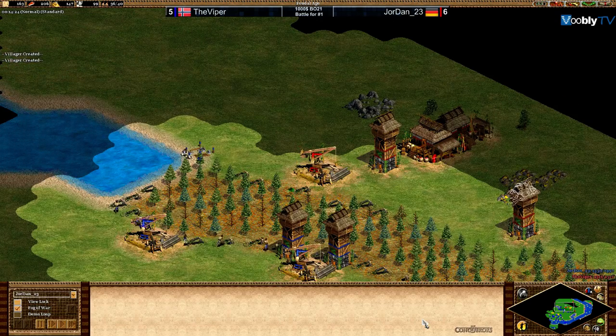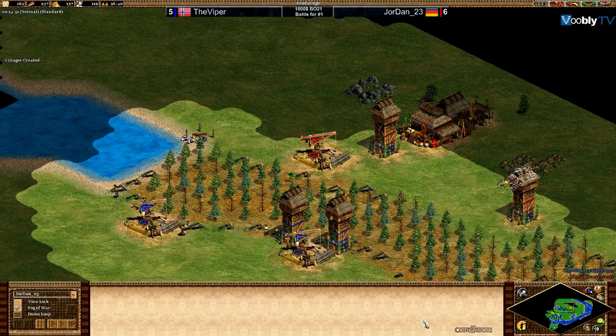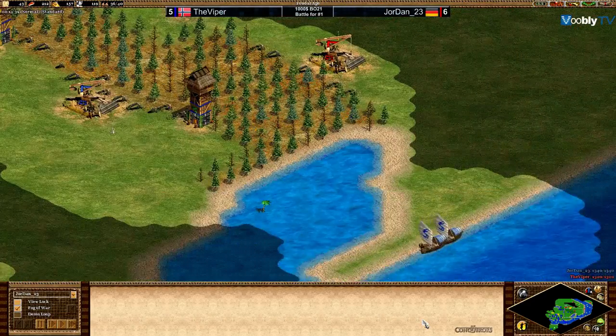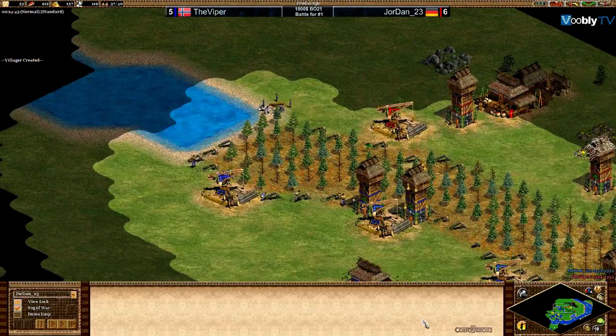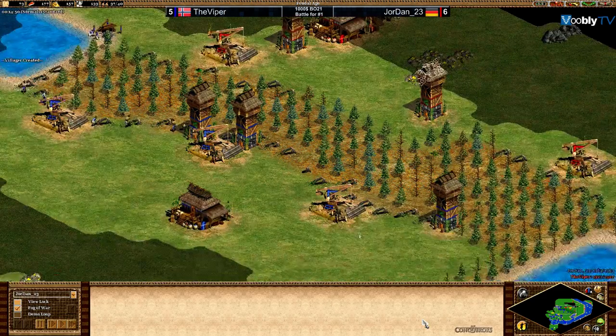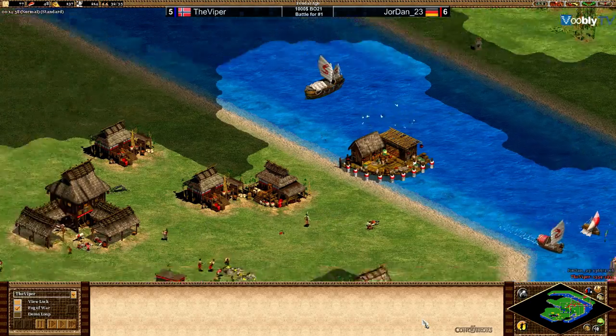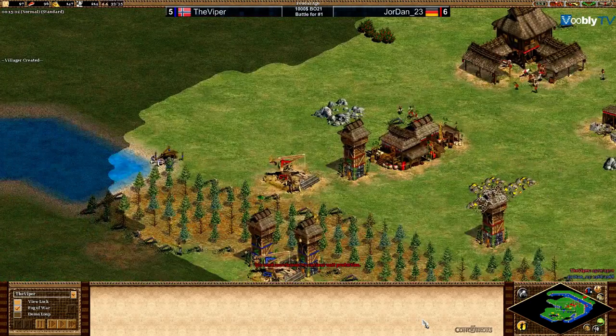Another tower. Look at Jordan going in the left side of the forest. Tower rush. Very good tower, I think. How can Viper not take off that wood tower too? Viper sent builders to make a tower there. Jordan just put villagers inside the tower and